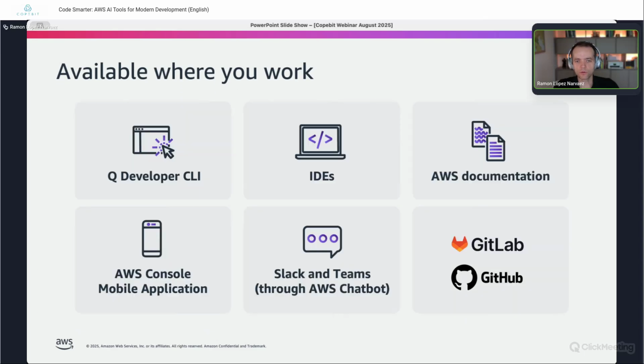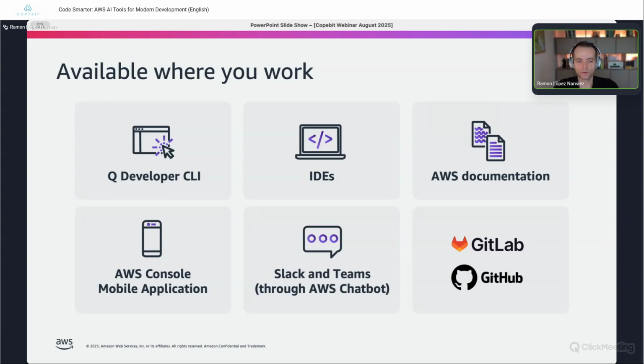As I mentioned, it's not only in the IDE. We have Q Developer plugins in VS Code, in all of the JetBrains IDEs, also in Eclipse, and also in Visual Studio itself for the .NET developers. But there's a Q Developer CLI, which is super popular, and people have been using it to automate workflows, things like shell scripting, bash scripting. The CLI is a very flexible tool that you can use across the SDLC.